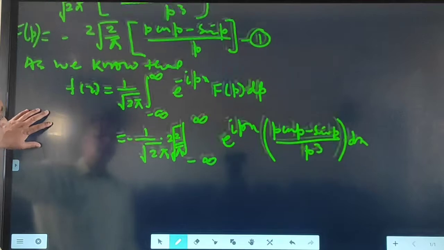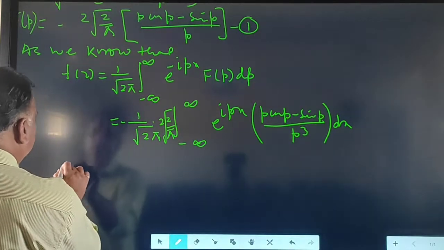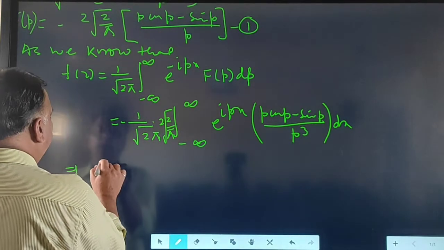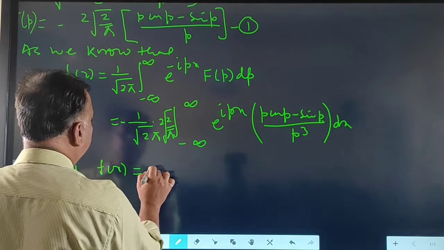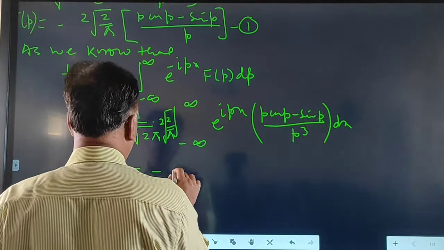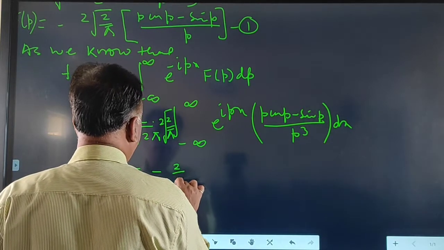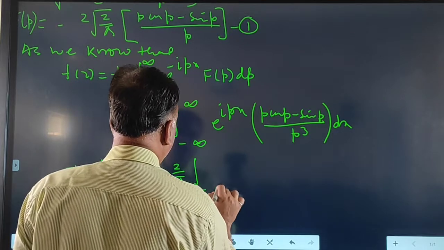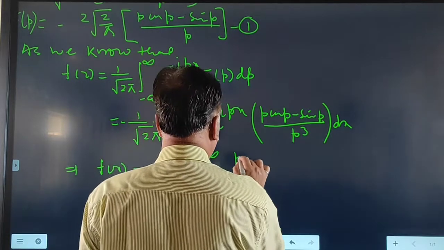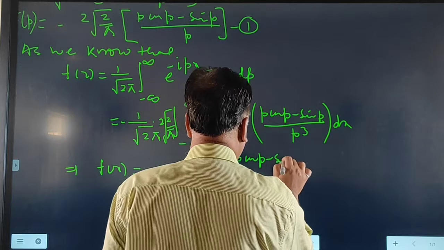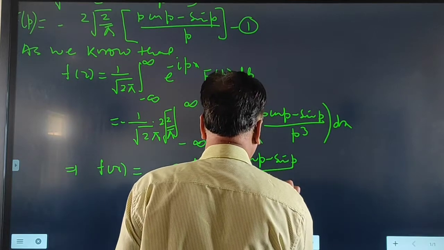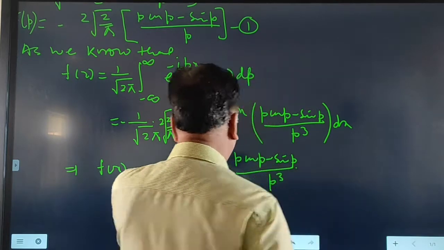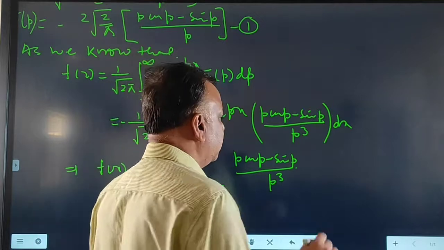Or we can say that fx is equal to minus of 2 upon pi, integral minus infinity to infinity, p cos p minus sin p upon p cube, into e raised to iota px